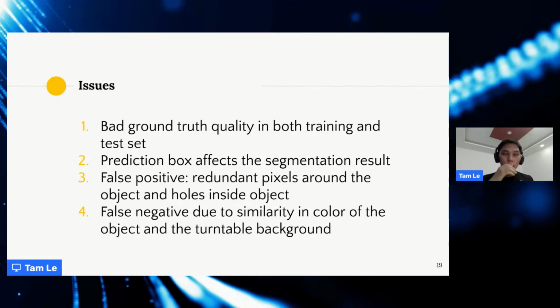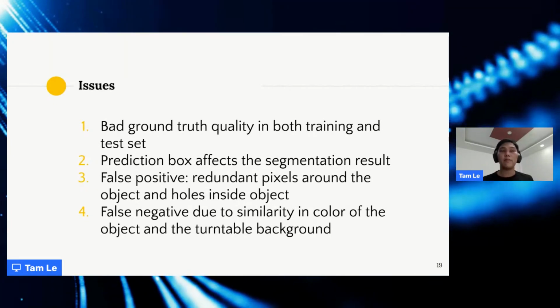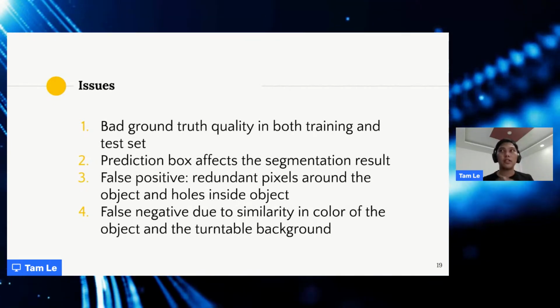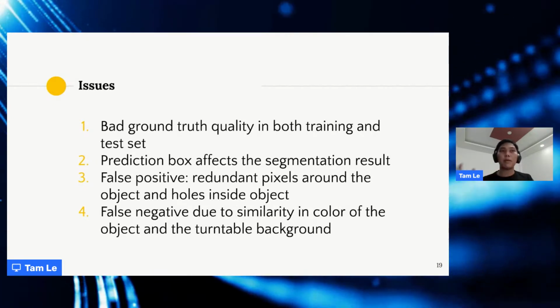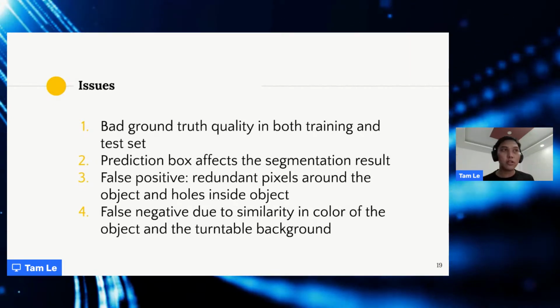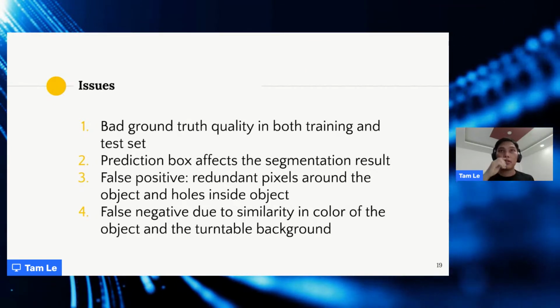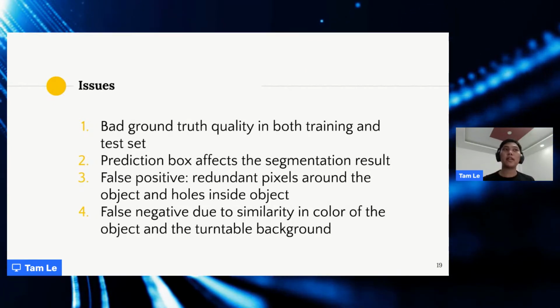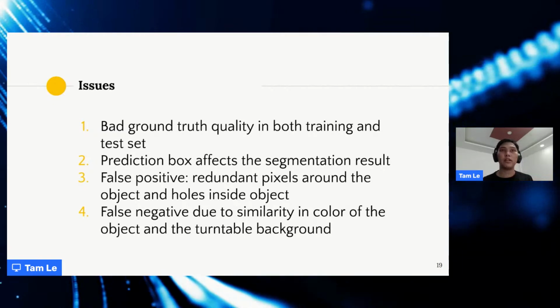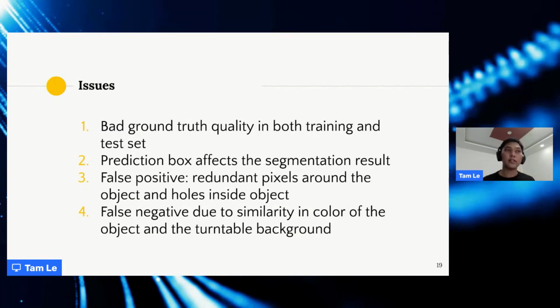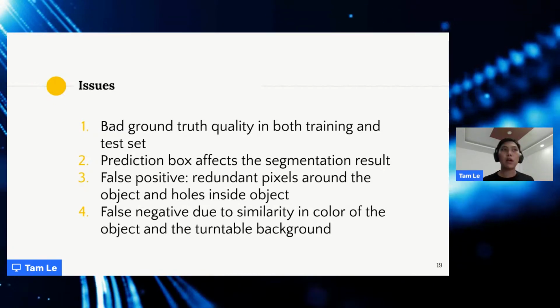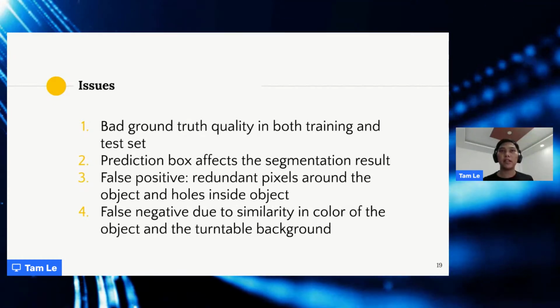It doesn't truly reflect the performance of the model. So when you try to compare different models, it's very confusing. That's why we need to spend time to clean the ground truth of both the training and test set.